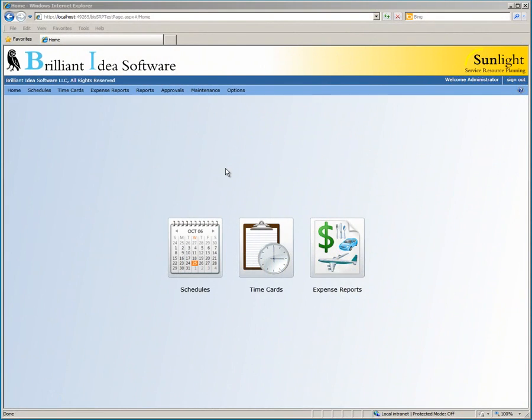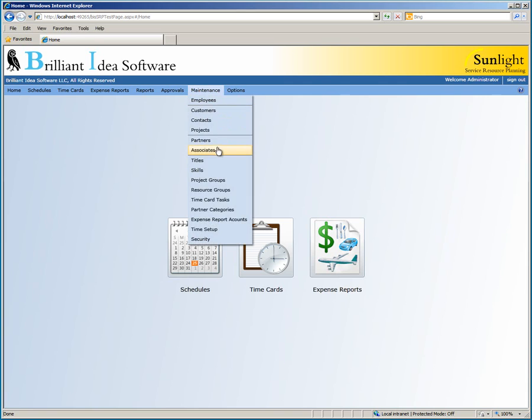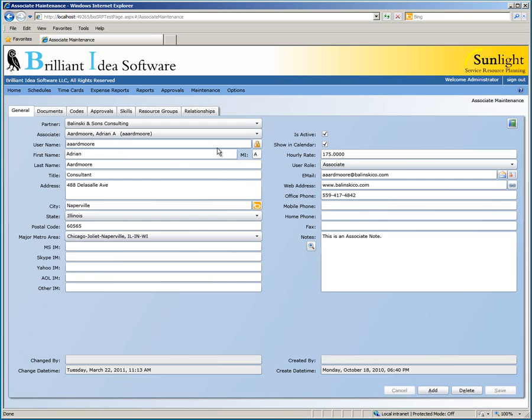In this video, you'll learn how to add and maintain an associate in Sunlight. Let's start off by going to the maintenance menu, and then click on Associate. An associate is someone who works for a company that you are partners with. So let's select the partner JBS Consulting, and we'll add a new associate to that partner by clicking the Add